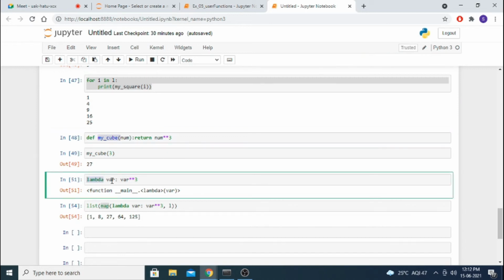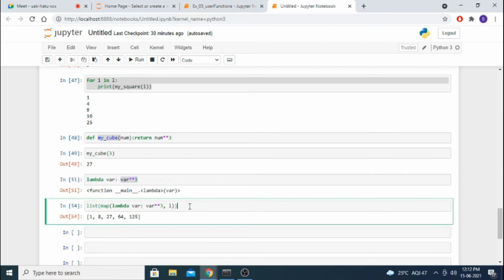In lambda, this is the input and this is the output. It is for simple things only; we can't write big source code with it. One small function here and there, we can write with lambda and simplify the code. And if we want to apply it to all the elements in the list, we have to use map. Using the map function, all the elements in the list will be mapped one by one with this function, and it will give the output to you. This is lambda. Lambda is a very interesting function in Python. Okay.